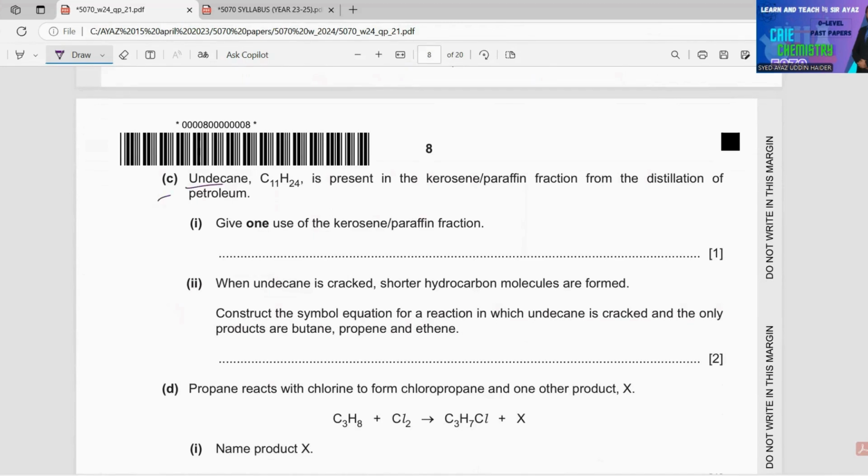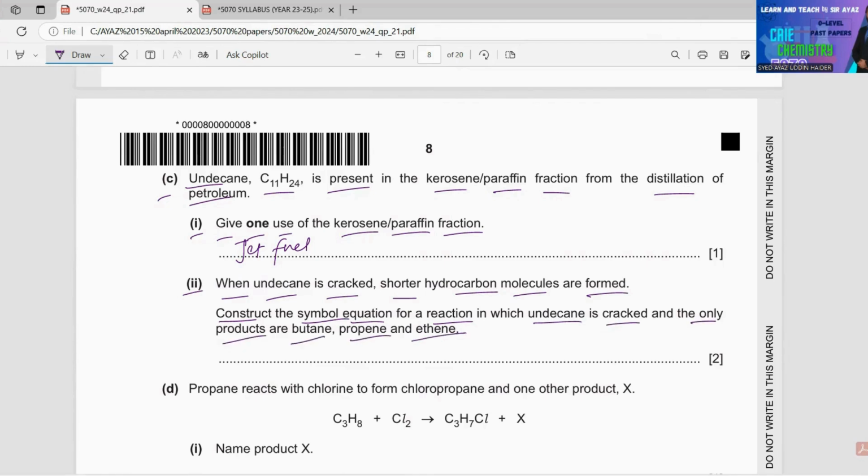C. Undecane, C11H24, is present in the kerosene paraffin fraction from the distillation of petroleum. Number 1, give one use of the kerosene or paraffin fraction. It's used as jet fuel. So you write jet fuel. Number 2, when undecane is cracked, shorter hydrocarbon molecules are formed. Construct the symbol equation for a reaction in which undecane is cracked and the only products are butane, propene, and ethene. So the formula of undecane is